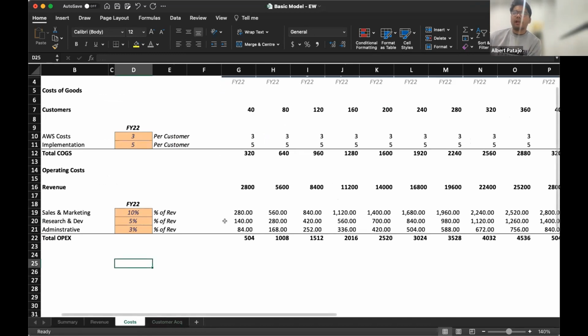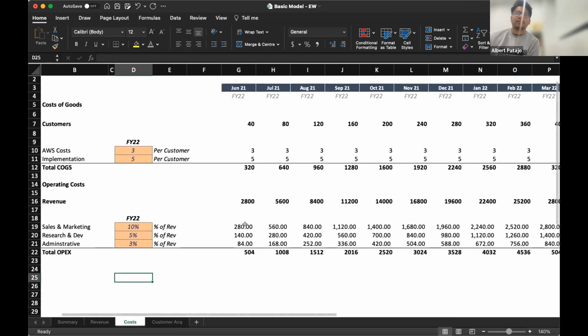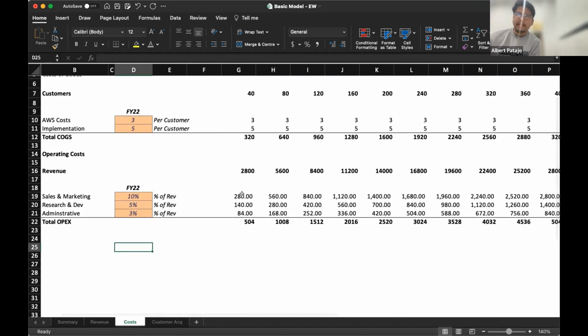Generally, it's actually quite difficult to forecast costs. Depending on what you're building a model for, it can be a bit overkill to forecast costs at a really granular level. Sean might be able to talk to this, but the investors we talk to are really looking at the growth and particularly the customer acquisition part of the business to understand how the business works and how you create value.